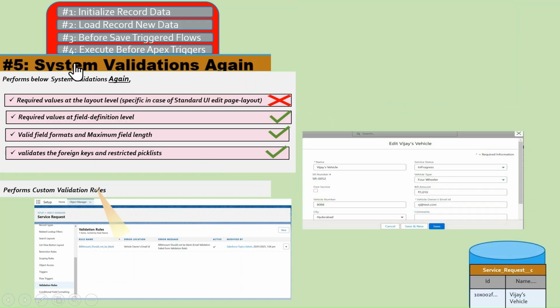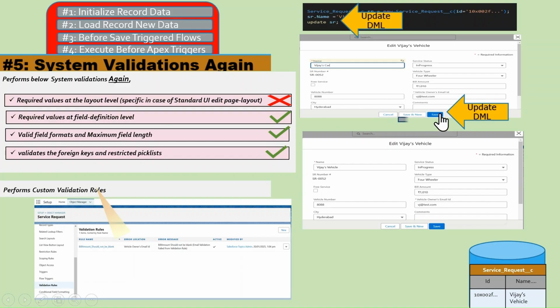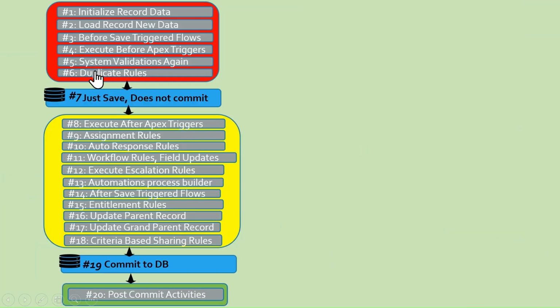Similarly, in the case of update DML, as part of this step 5, the system validations perform again and the custom validation rules also get executed. If there are any validation failures at this step, then Salesforce stops the execution of order at this step itself. If there are no validation errors identified, then it proceeds to the next step, that is duplicate rules